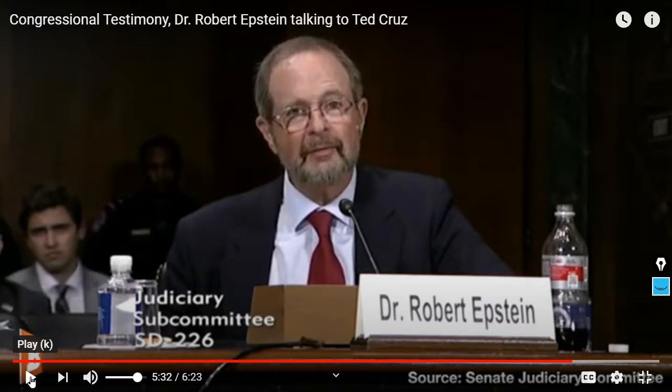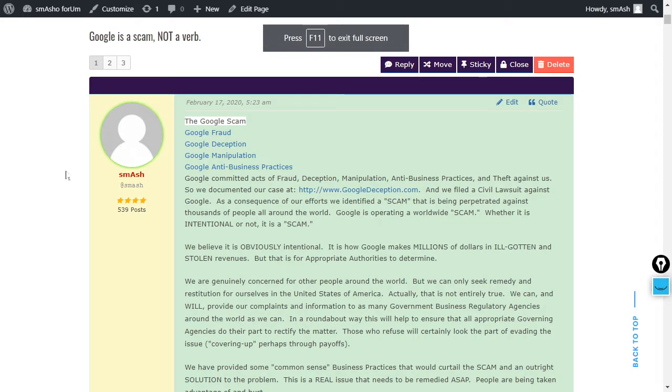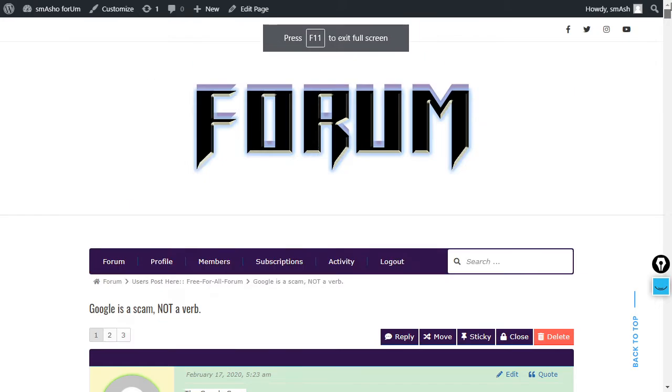Anyway, Google affected between 2.6 and 10 million votes during the 2016 election, and right after they realized they didn't get Hillary Clinton elected, they cried and wailed and moaned and had a big meeting about how they would, quote, prevent another Trump situation, which they're actively trying to do, which is part of the reason why we've created